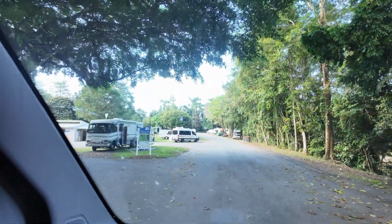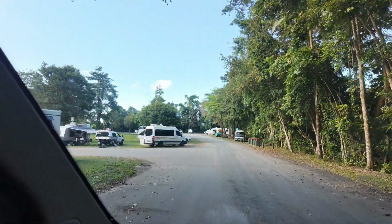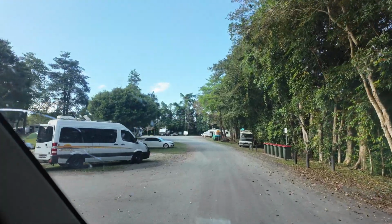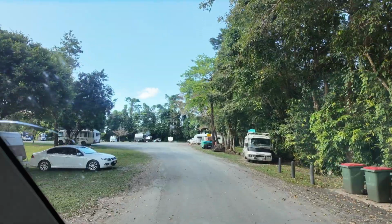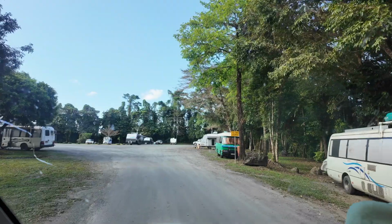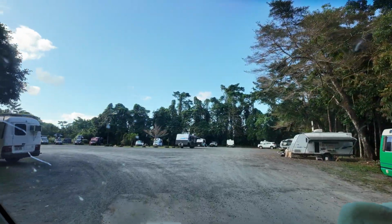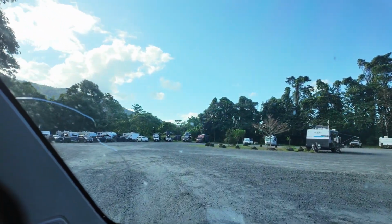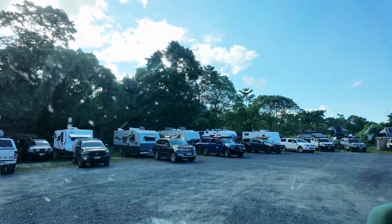The Babinda free camp. It's pretty packed, but it is prime time right now. But yeah, there's a dump point, there's toilets, there's water points. Pretty good, really, considering it's free. But yeah, it's so busy. Oh, where are we gonna go? Oh, there's some spots over there, I suppose. I can see people having fires as well. I don't know if that's when you get fire pits or not, but...